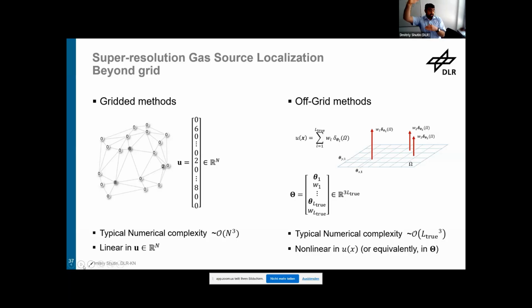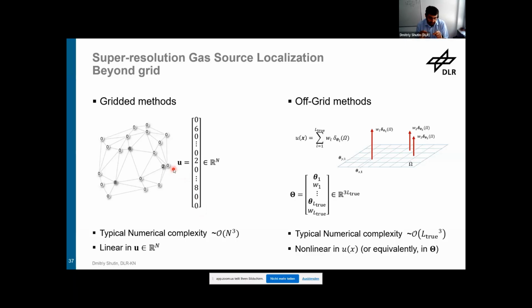And if you just go into a third dimension, all of a sudden you have already 10,000 times the discretization in the third dimension. So if you have at least 10 cells for the vertical component in 3D, you end up having 1 million unknowns. And the algorithm doesn't know which elements are zero and which are not. And this is just one of the vectors that you estimate, right? The source vector. You also have the concentrations that you need to estimate, and the wind that you also need to estimate. So the dimensionality of your problem becomes very, very significant.